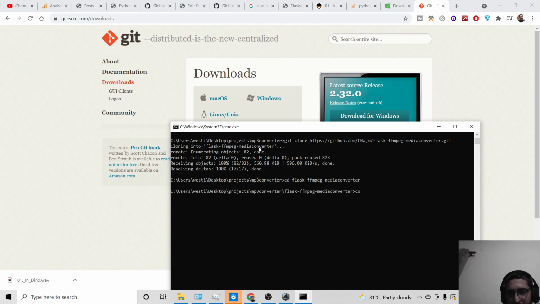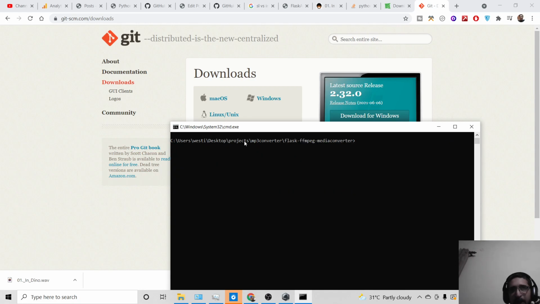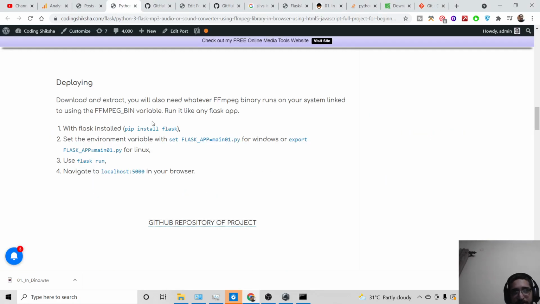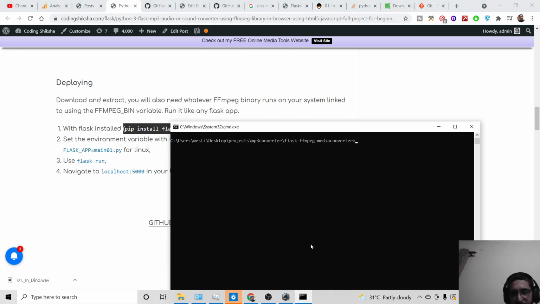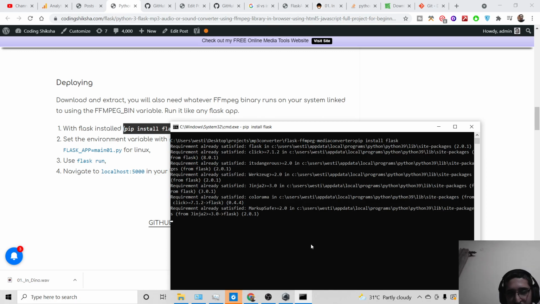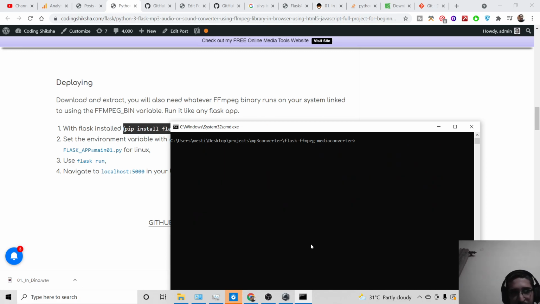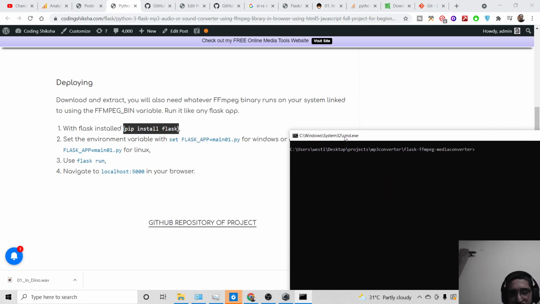Just follow these steps that I'm doing here, and I have also illustrated it inside the blog post. If you don't have Flask installed, first of all execute this command pip install Flask inside the same directory. I have already installed this. After that you need to set the environment variable as well.